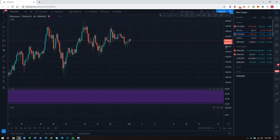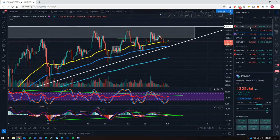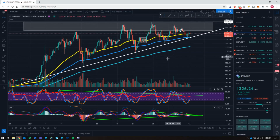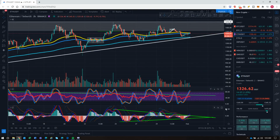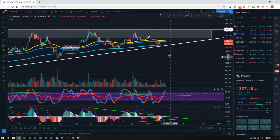So that's what it is with Ethereum too, guys. I think Ethereum hasn't been breaking all-time highs because of what's going on with Bitcoin right now. Obviously, it's doing its own thing, so there's more hope in there, and we just need to see how that plays out, right? So on the 1 hour or the 2 hour here for Ethereum, we're seeing that we want to break above to the upside. So I don't see why Ethereum can't actually go back up here today